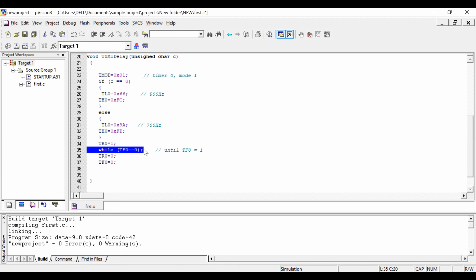That is, your control will stay there itself. It will not move to the next instruction. If the TF0 flag is 1, the condition is false. Now the control will move to the next instruction.